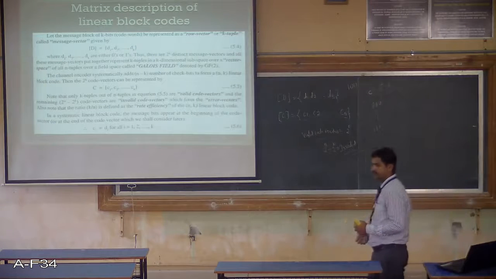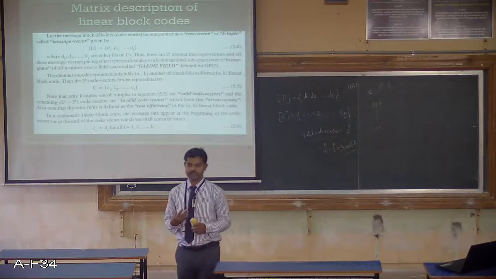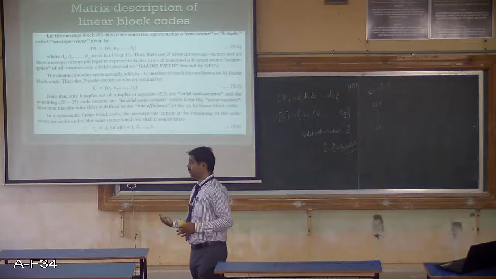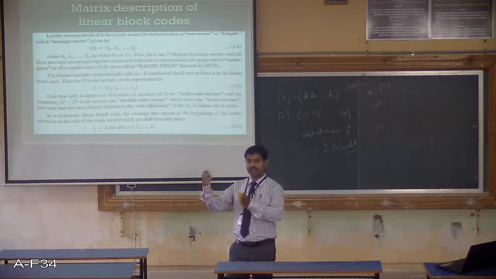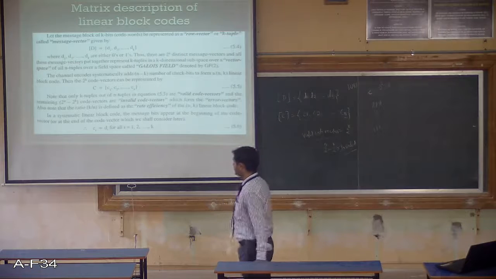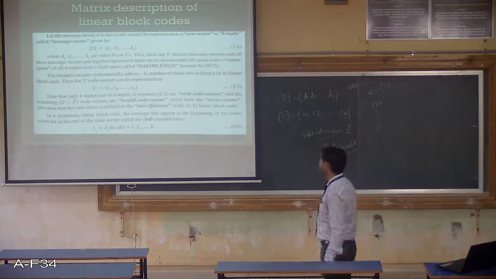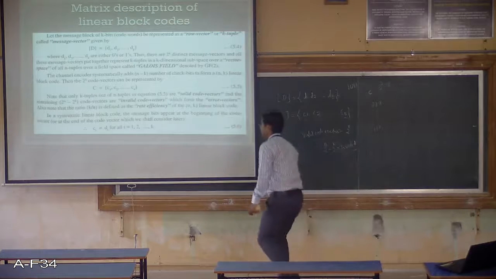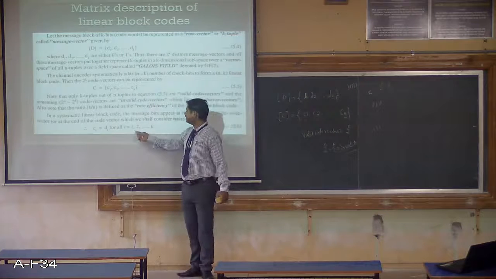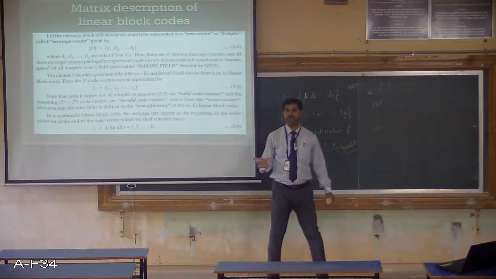Next, we are going to form systematic codes. Systematic means the check bits, whatever additional bits you add, must be at the beginning or at the end of the code word. If that is the case, it is a systematic linear block code. I am going to generate the systematic only. For that reason, we use Ci equal to Di for i equal to 1, 2, so on up to k. What is its meaning?